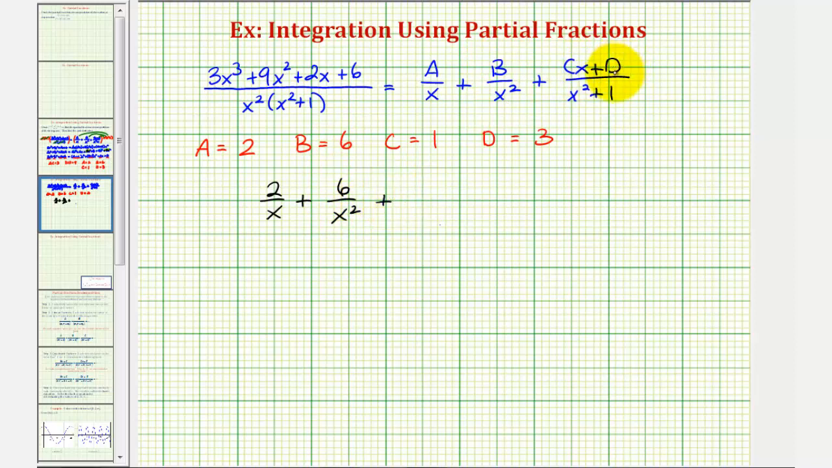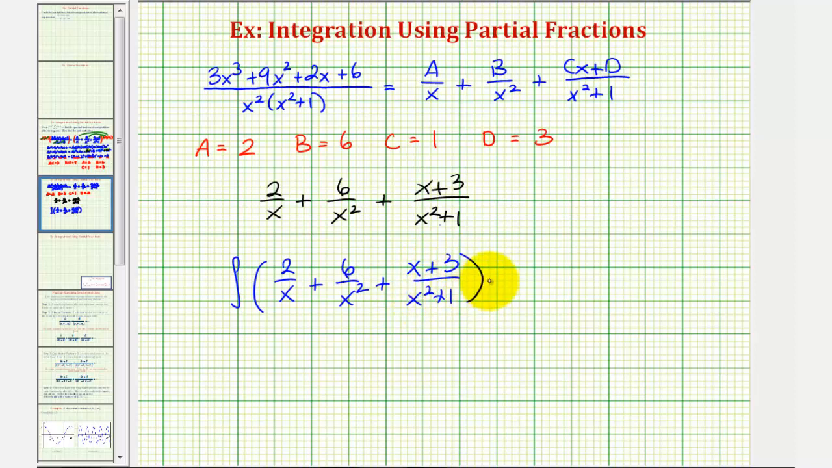plus Cx plus D divided by the quantity x squared plus 1, and since C is 1 and D is 3, we'd have the quantity x plus 3 divided by the quantity x squared plus 1. Which means we can now find the antiderivative in this form rather than this form. So now our new problem is we want to find the integral of 2 divided by x plus 6 divided by x squared plus the quantity x plus 3 divided by the quantity x squared plus 1 with respect to